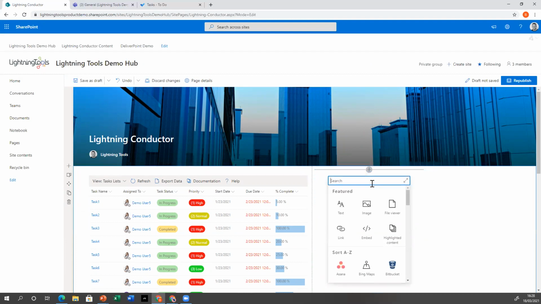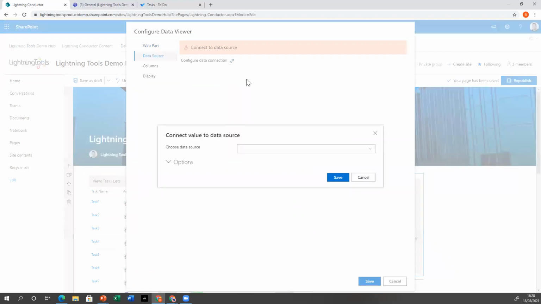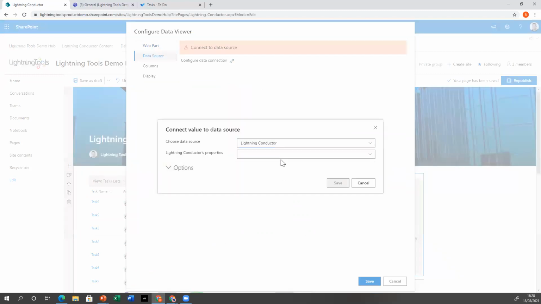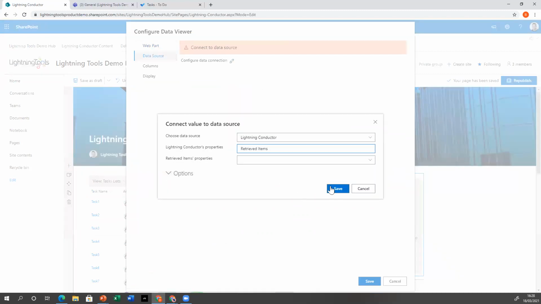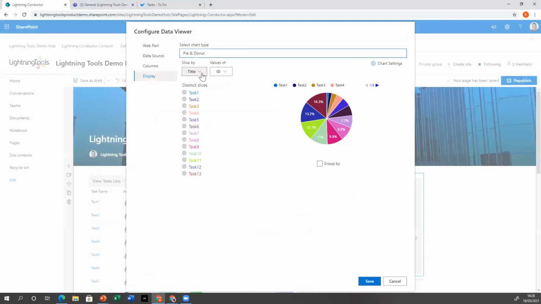So let's just add a new instance of the data viewer, and I can do this quickly without the re-explanation of everything. Okay, so we'll grab the Lightning Conductor, retrieved items, columns is title and ID, and we'll have a pie chart, group it by